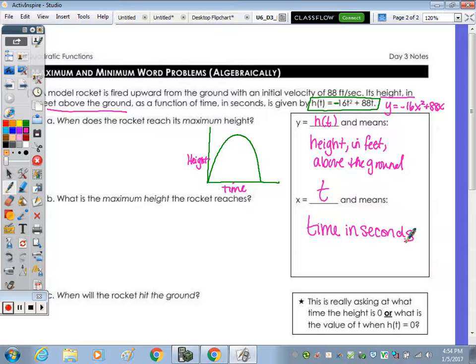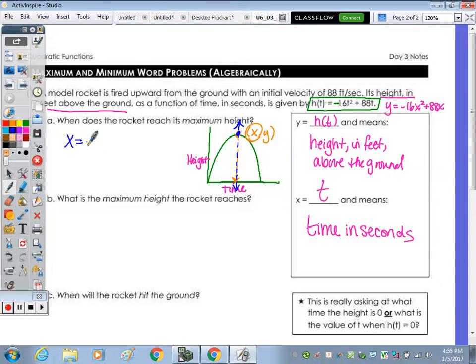Part A, when does the rocket reach its maximum height? So that's right here. And when is time? So when I go straight down here, that's what I'm looking for. This point has an x value and a y value. That's the maximum point. So I want to find the x value of the vertex. Okay? And I drew the dotted line of our axis of symmetry. It'll always go through that max or min point. So we use the axis of symmetry equation